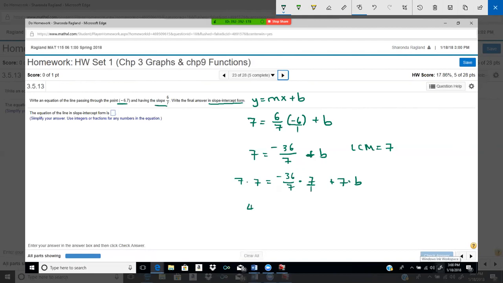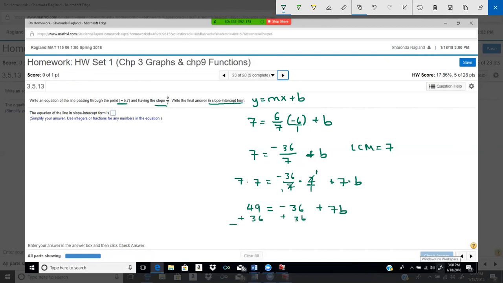So this is 49 is equal to, now notice that these 7s cancel because they go in each other one time, so that just leaves me with -36, right? Plus 7b. Now we have no fraction. Fractions are gone. And so solve this as you did on your pretest. All right, so how do you solve for b? Okay, add